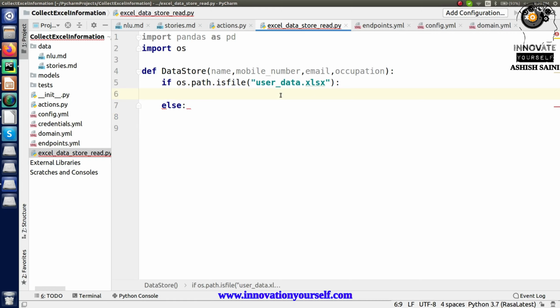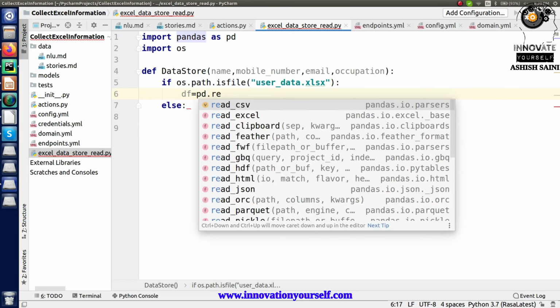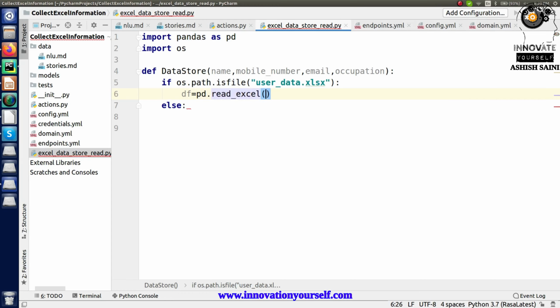So if the file already exists, then what you have to do is create, let's say, df, and for that pd.read_excel, within brackets just pass this name, copy this and paste it here.